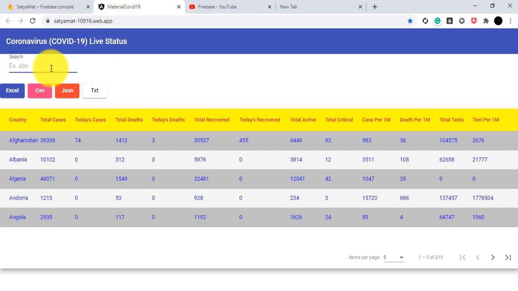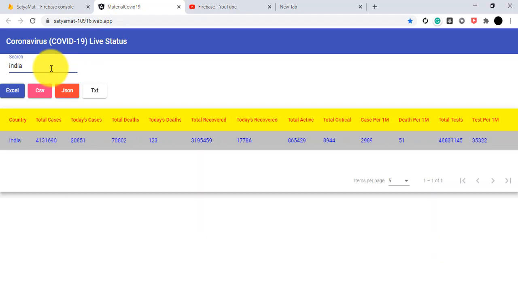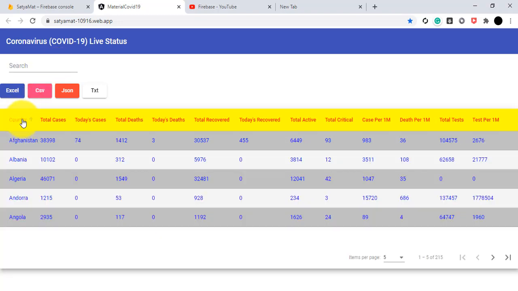You can access India, and you can export this data in various formats. There is an index, there is pagination, and I'll also show you the sorting mechanism I have deployed here, and you can see sorting is working as expected.